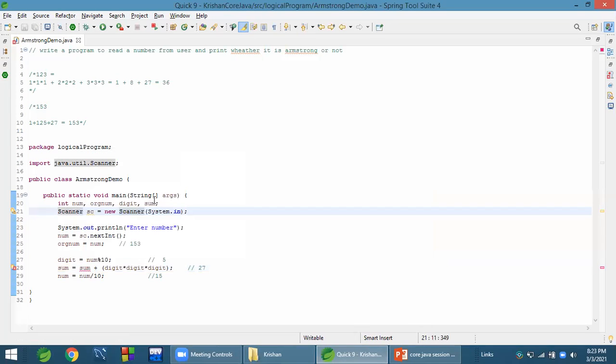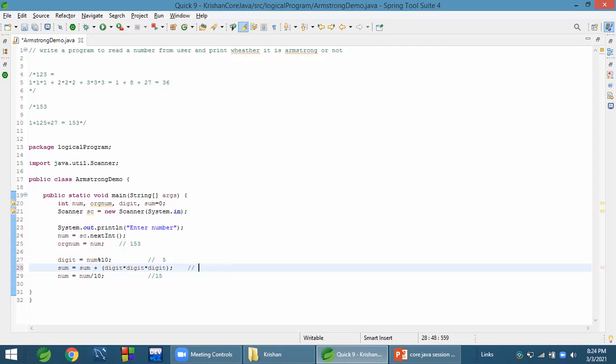We have to initialize sum to some value, because otherwise it will take a garbage value. Sum equals sum plus cube of digit. Cube of 5 will be 125, and 27 plus 125 will be 152.